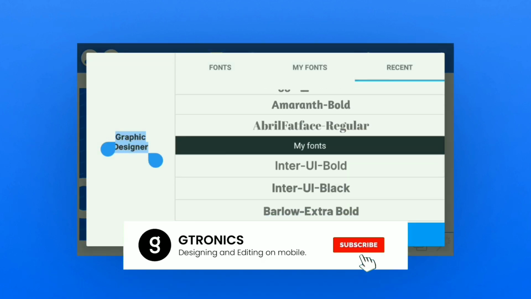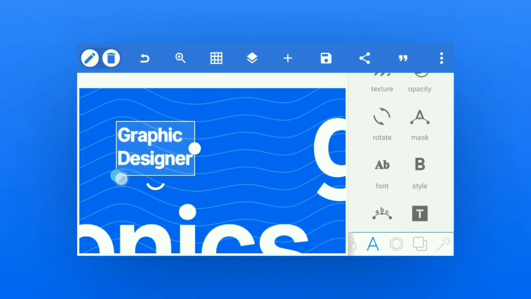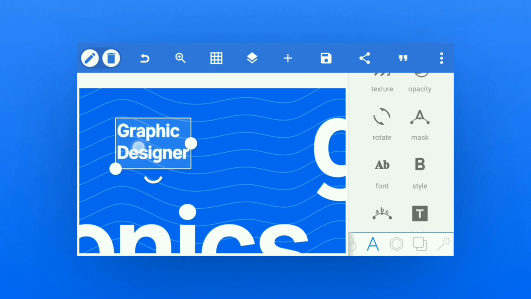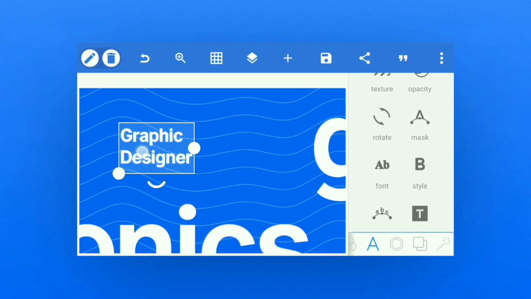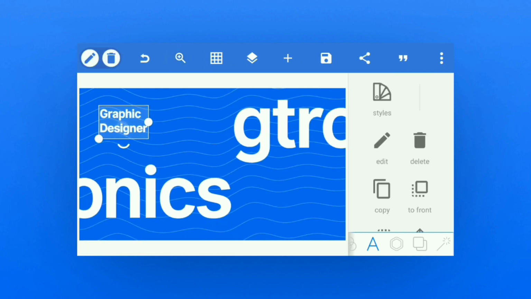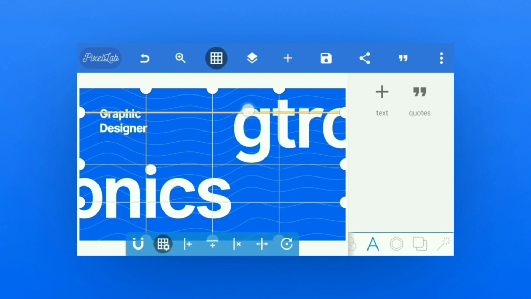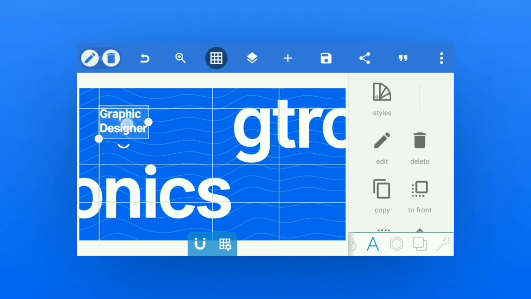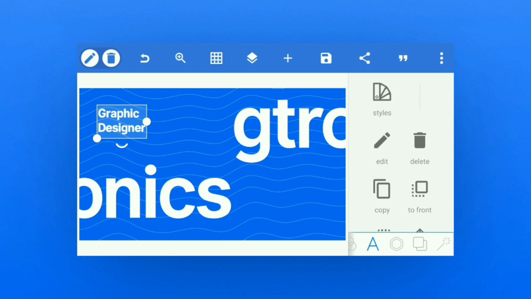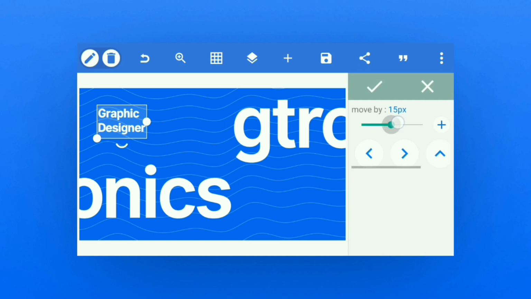Let me change the font style from bold to black. And you can take some time to play around with this positioning, but you have to balance the whole design of the business card. And another great feature of Pixellab is you can use grids and set it to the position where you want. Just like this. You can align the text and it is very easy to balance the design in Pixellab. So try using grids and experiment with it.